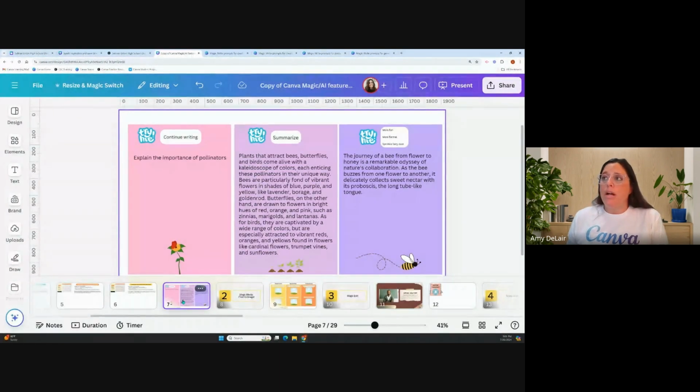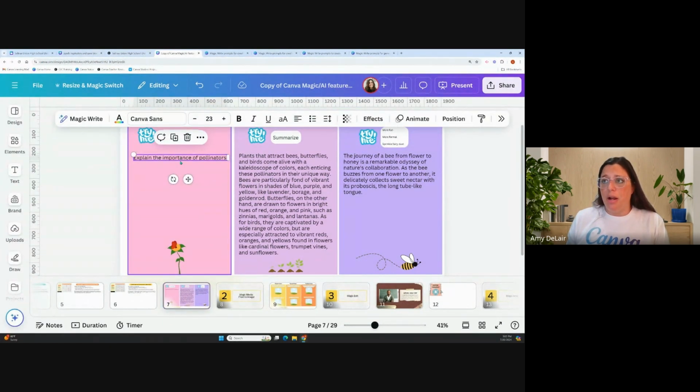Okay. Again, I'm really sorry that you all don't have a chance to play with this, but I'm going to demo this next bit so that when it is turned on for you all, you know exactly what to do. But essentially, any text box in Canva, when we get y'all's Magic Write turned on, regardless if you wrote it or it was generated by Magic Write, when you click on the text box, so right now I'm on page number 7,